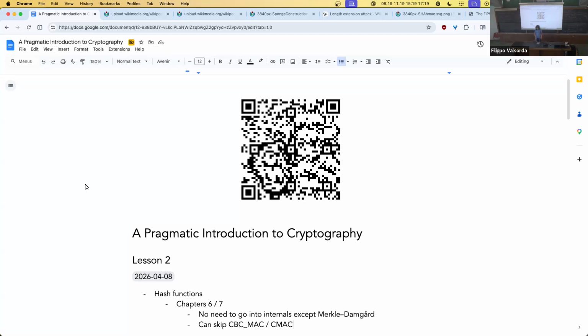All right, so usually courses start with ciphers because, well, everybody thinks about ciphers when they think about cryptography, and they think about encrypting, confidentiality. I don't like starting with ciphers. I like starting with hashes because hash functions are just the nicest little tool. Like everything you do in cryptography, somewhere you have a hash function.